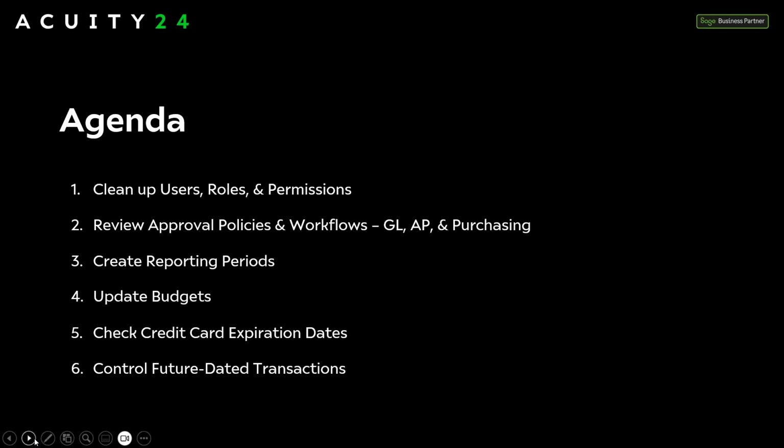So we're going to start off by covering cleaning up users' roles and permissions. Then we're going to look at, if you're using approval policies, where you can manage and maintain those. We'll look at creating new reporting periods for the year if you haven't got those set up in the system already. And then we'll finish the second half looking at budgets and updating and managing those,